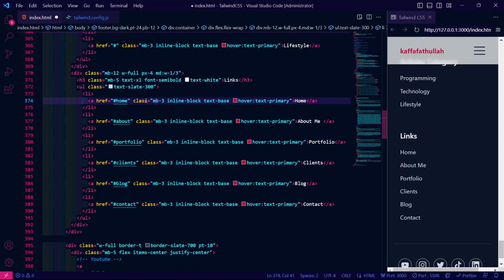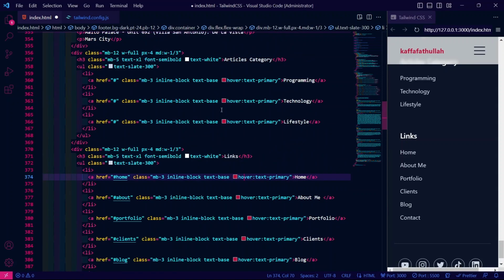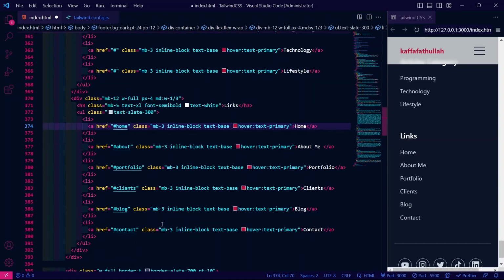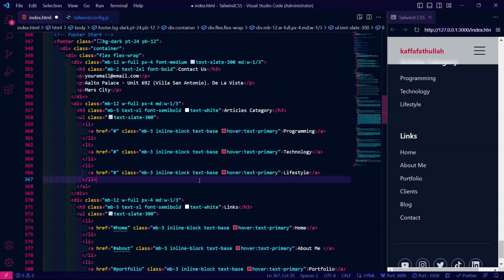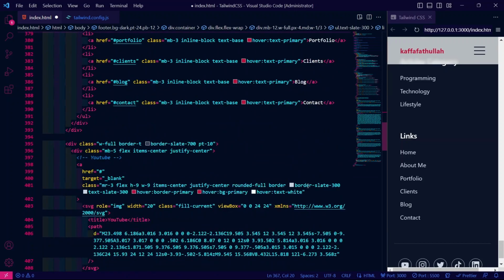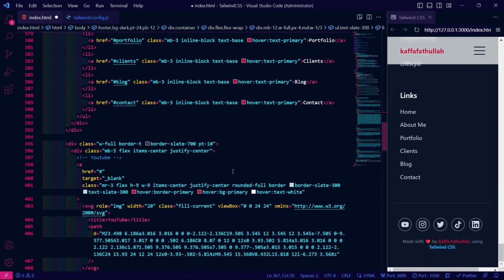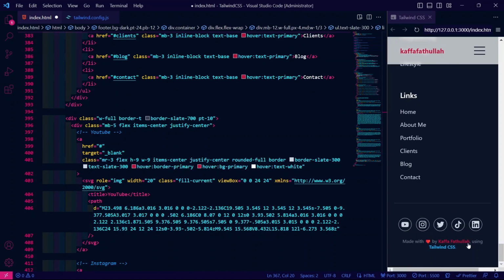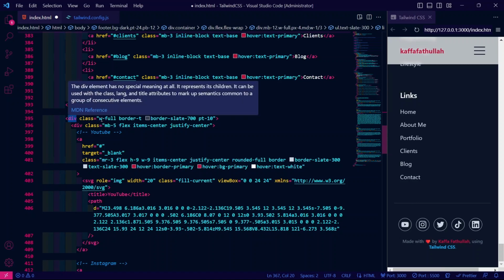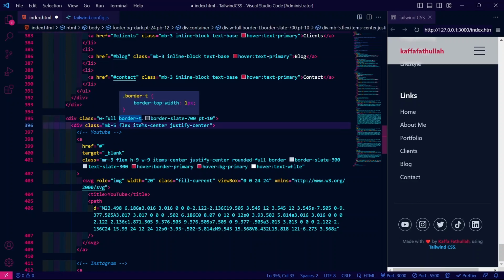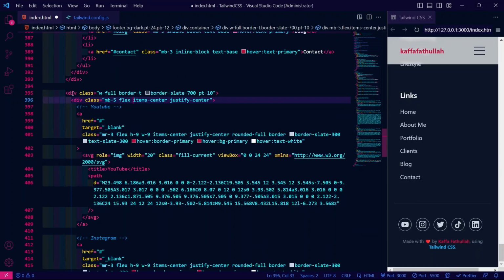And it has the class with margin bottom 3, inline block, text base, and hover, just like this one. This is basically all of this, just copy and paste. And after that, for this section, we're going to need the div with full. So this div is the line of this section,